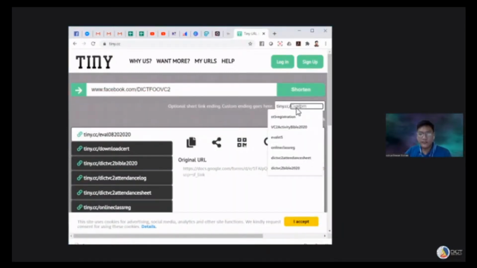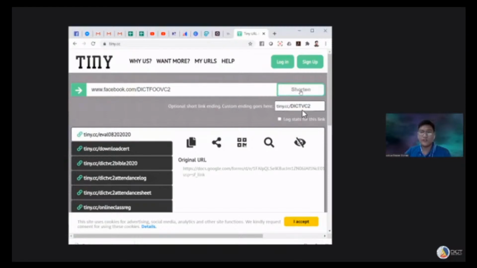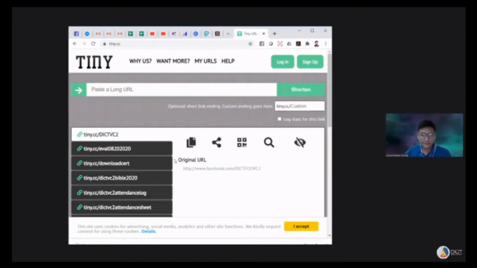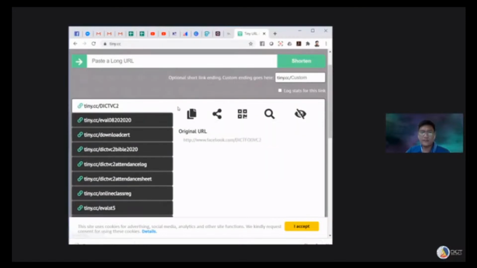While dito naman sa baba niya is yung gusto nyong i-customize na name ng link niya. So say for example, DICT VC2. So pwede po yan. So pag shorten nyo, ito ng link na to ang ibibigay nyo sa inyong students. Copy nyo lang to. Tapos pala, this is case sensitive. So kung meron kang nakakapital dyan, dapat nakakapitalize talaga siya or else hindi siya mabubuksan ng receivers nyo